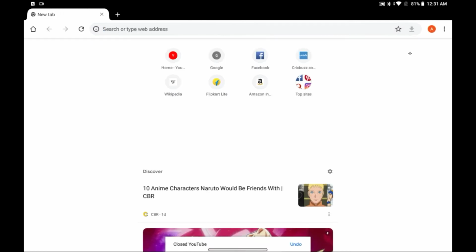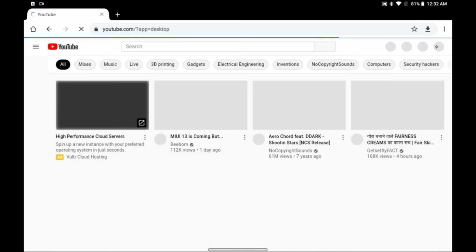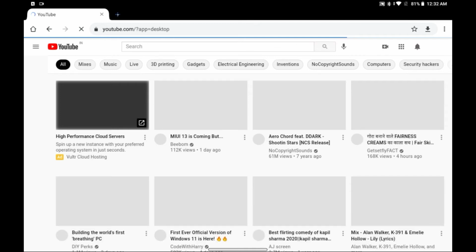Let me create a new tab and close all previous tabs again, and now let me open a fresh YouTube. As you can see, by default YouTube is opening in the desktop style. I'm not enabling this option from the menu button again and again. Now I have to do that only if I want to go on mobile site. If I want this site to be loaded in mobile style, then I have to go on the menu button and click on request mobile site.